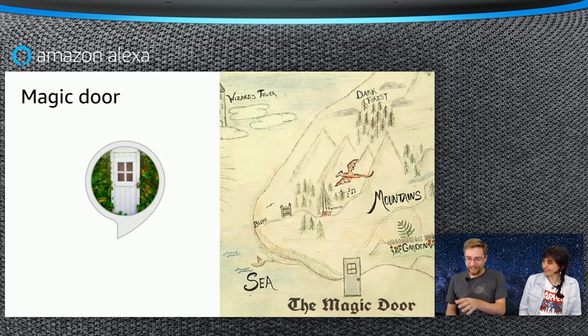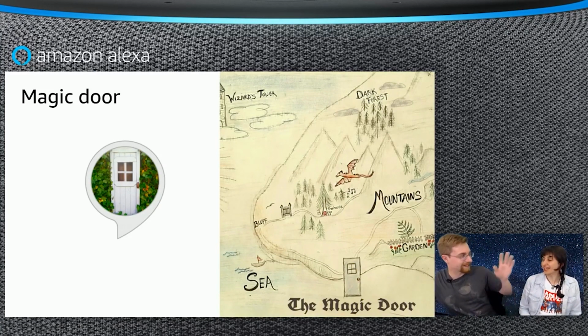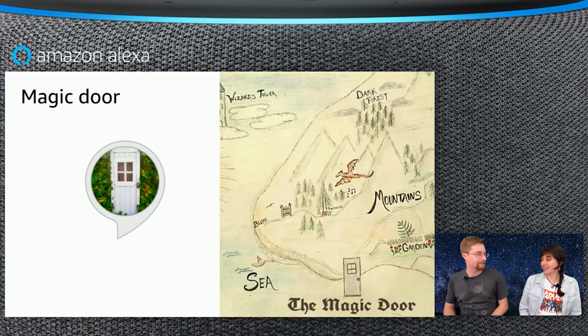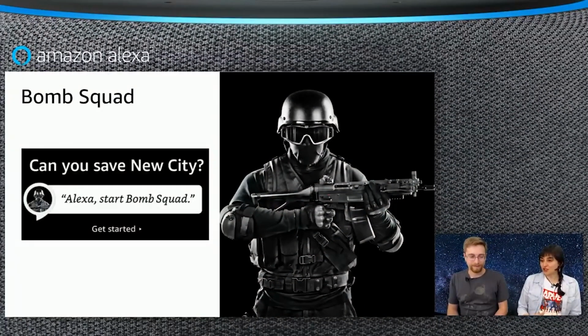This game is more like reading a book than playing a big AAA RPG game. Exactly. Your imagination really comes into it. And the games don't have to be so complex to be engaging. For example, this game is called Bomb Squad. A skill builder in New Zealand created this one, and it's just playing with numbers. You have to remember a sequence of numbers, and that's pretty much it. We're gonna play it? Yeah, let's do that.